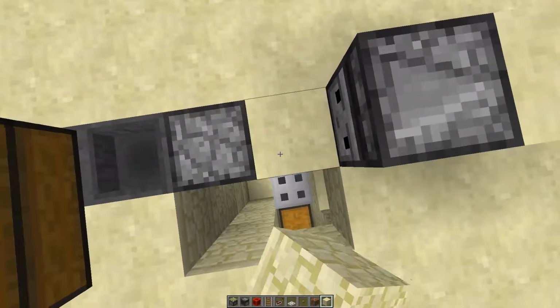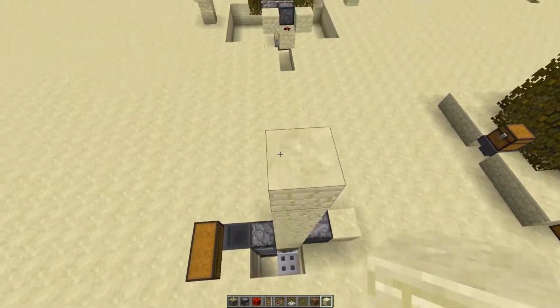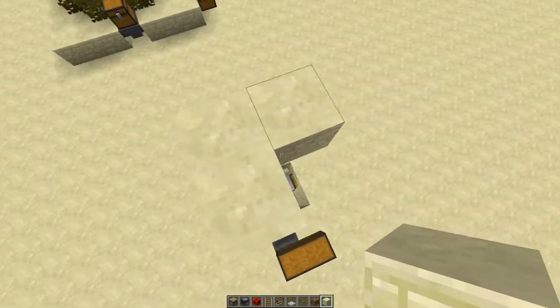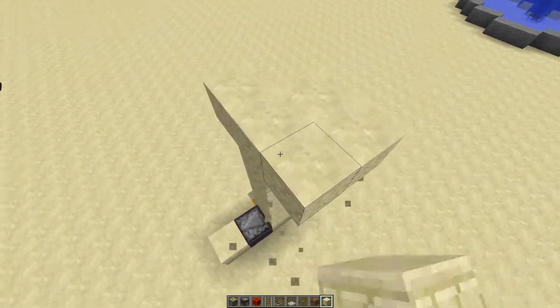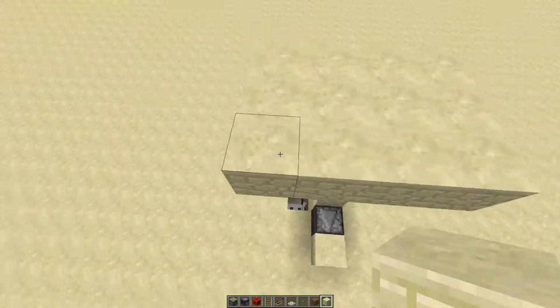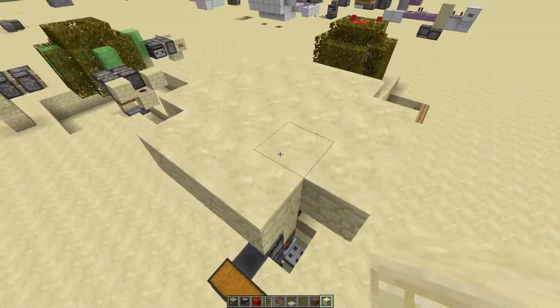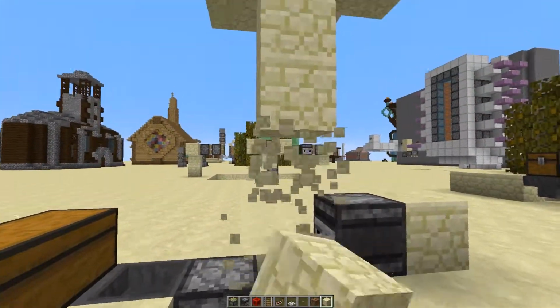Alright, then you're going to want to pile up 1, 2, 3, 4, 5, 6, 7, and then on the 7th block you're going to build a 3x3 platform, and then on the 3x3 come out 3 blocks on each side, just like that. I'm going to break these blocks out,